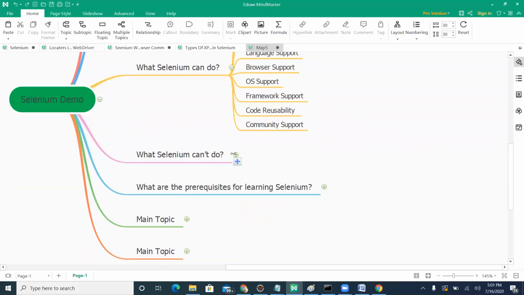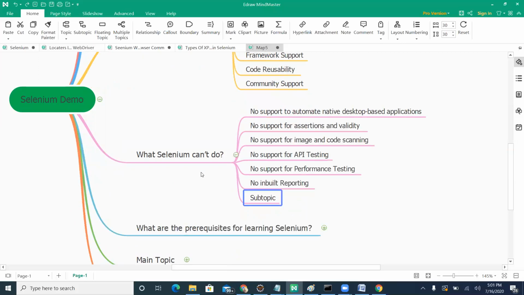All right, that's great. And let's see what Selenium cannot do. So we have seen all the benefits of Selenium. Selenium also has some drawbacks, and since it is open source, it has some limitations.